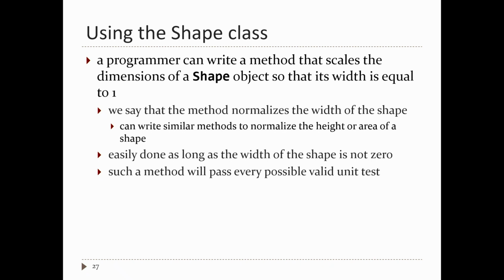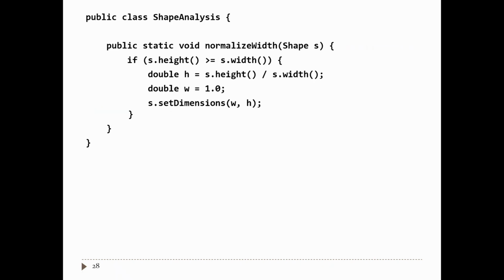You can write this method as long as the height of the shape is bigger than the width, and if the width of the shape is not 0. This is slightly different than the slides that are online. I found this mistake a couple of days ago and made a change, but I didn't upload the change to OnQ. So as long as the height of the shape is greater than or equal to the width,